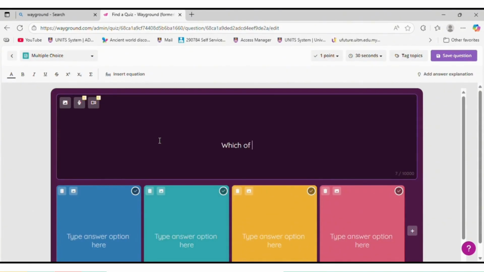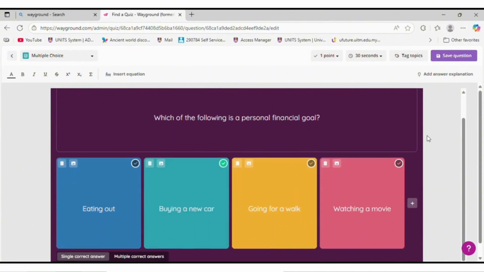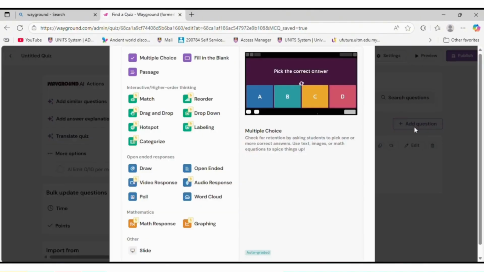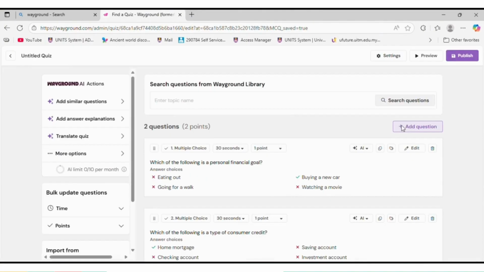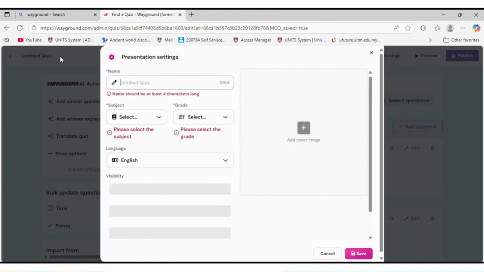Now, let's begin to create our question. Type your question and the answer choices from A, B, C or D. Set the correct answer and don't forget to save. Click Add Question if you want to add more questions and repeat the same steps.